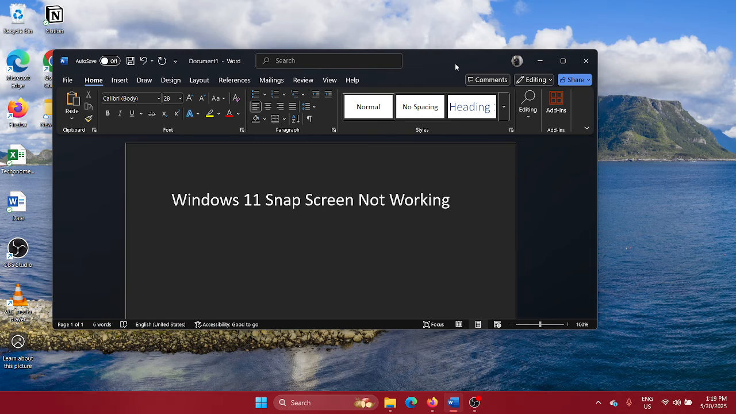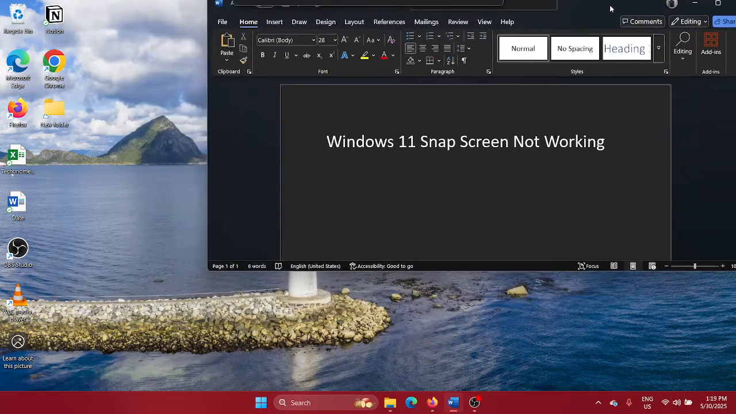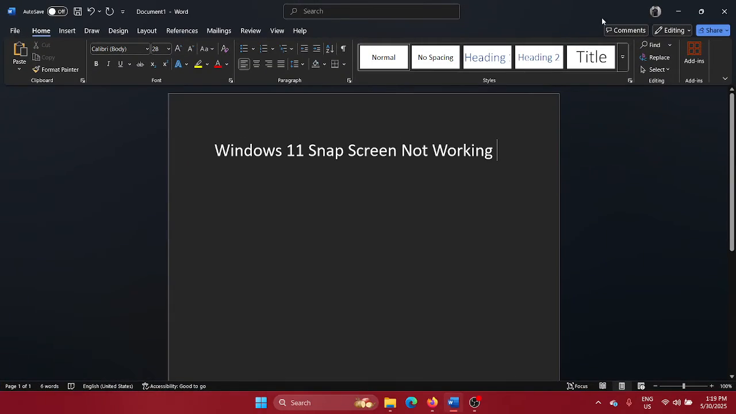Now here's what Snap Screen does. If you pull an application to the corners, it will automatically resize it. So this is a very important feature, but you need to enable it, though it's enabled by default, but it